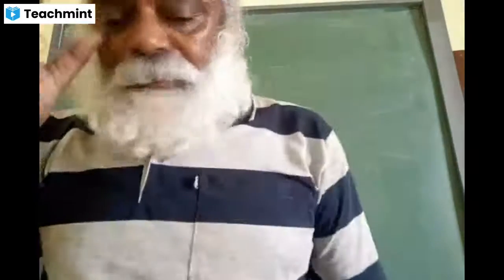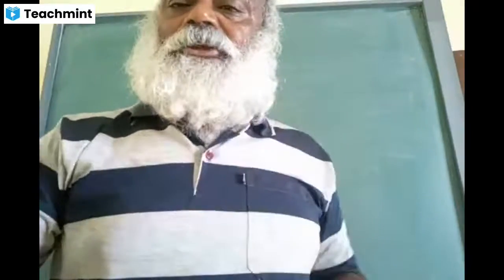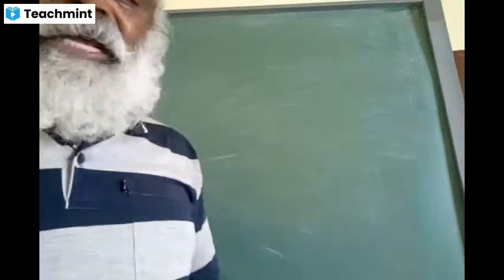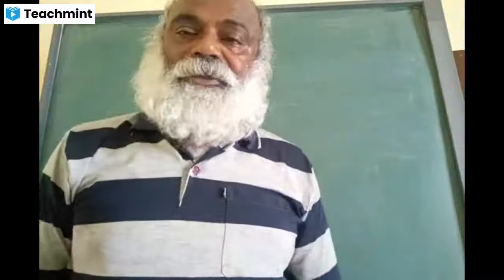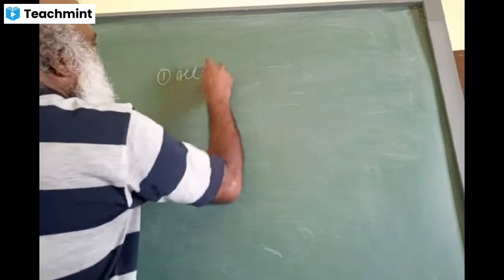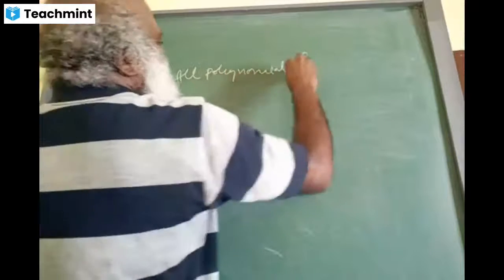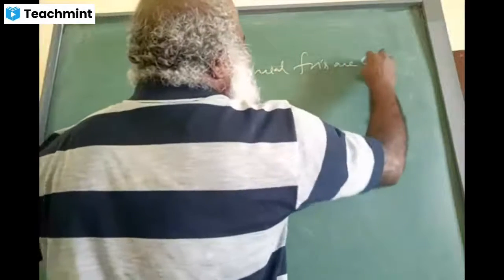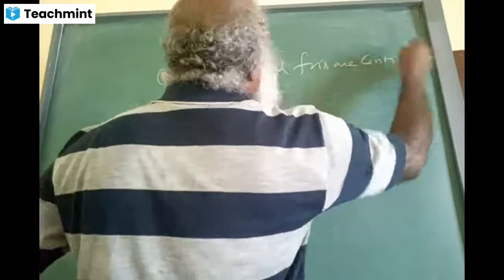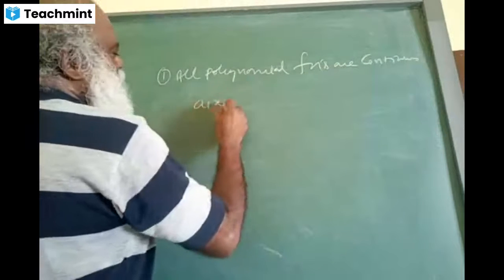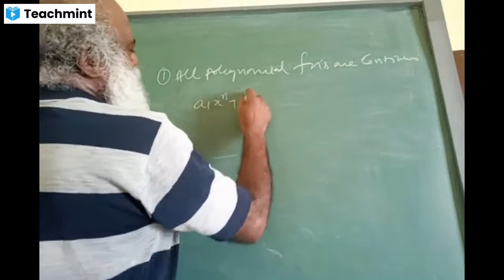Okay, so I think we completed only one question, but still some more concepts are there. I just introduce you some more concepts here, how to do the remaining questions under the question mark. Okay friends, take down a few concepts. Number 1, all polynomial functions are continuous. What do you mean by polynomial functions, something like a1 x power n plus a2